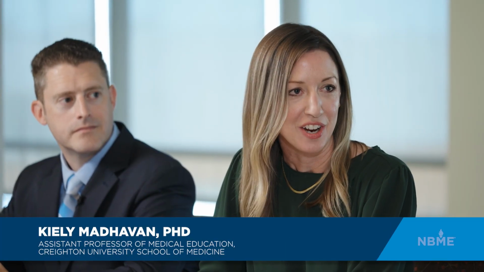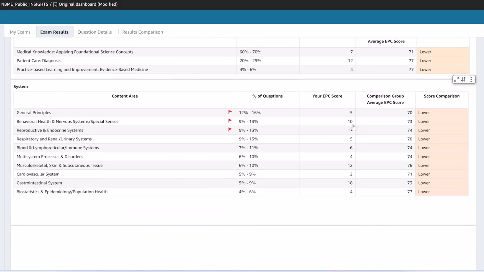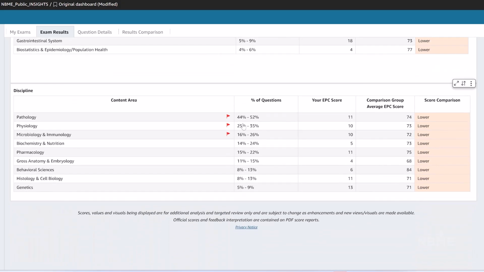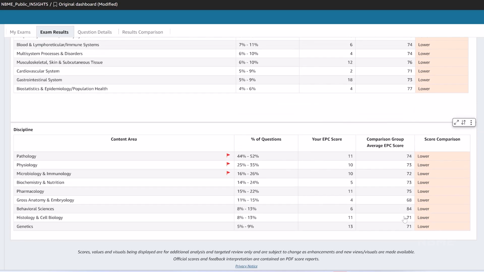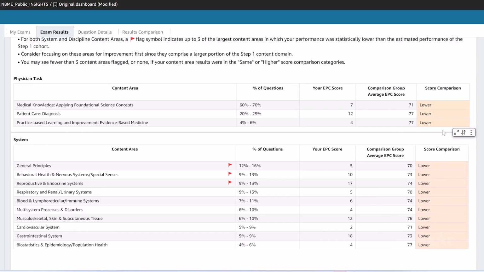I really like that the flagged content areas are available for students, particularly in the case where a student might be struggling to get to a place where they feel confident they're going to pass Step 1. You used to feel a little helpless looking at a score report that has many weak areas, and it was hard to know how to advise students about where to even start. So those flagged content areas have made my approach feel more purposeful or more intentional with those students, to just break it down, make it more manageable for them to focus on 3 things before even taking another practice